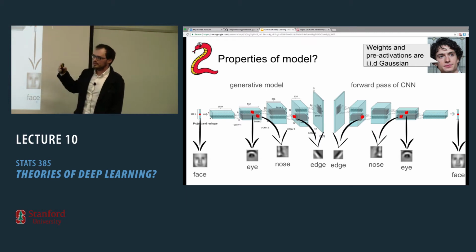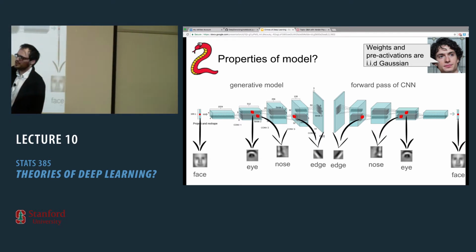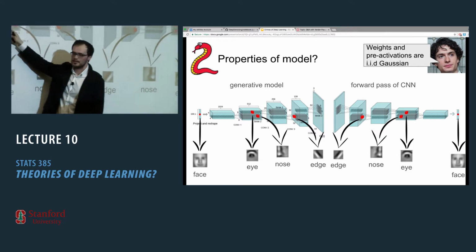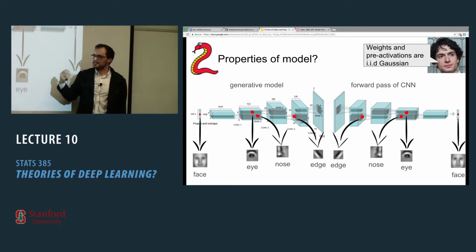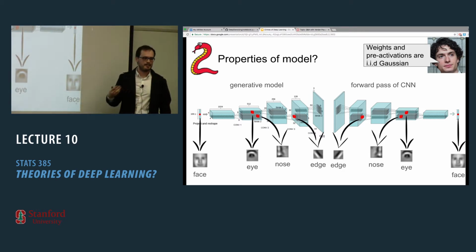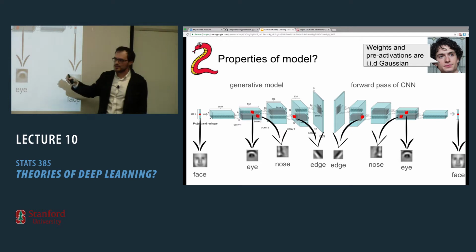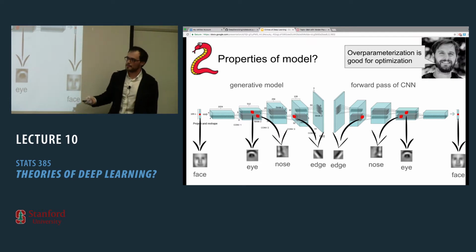Now, a natural question to ask is, these filters right here correspond to certain filters right here. There's a certain match between the two because it's flipped, right? And here's a question. Can you propose a generative model where these filters are in fact i.i.d. Gaussian? Is it simple? Who knows? And can you have a generative model where the places of the non-zeros are in fact independent between the different layers? Is it possible?